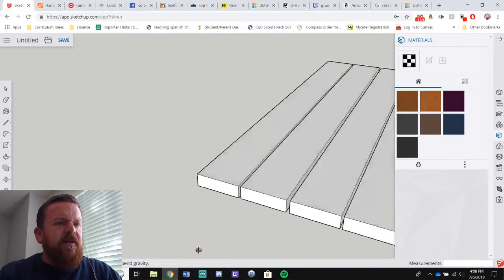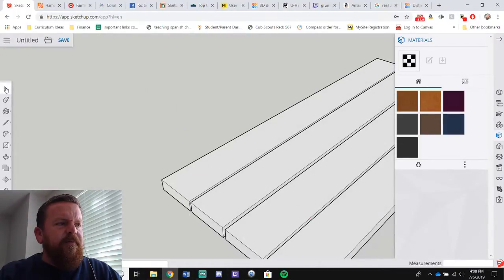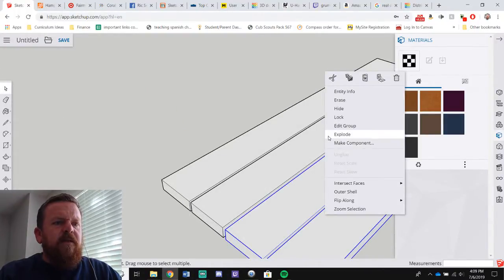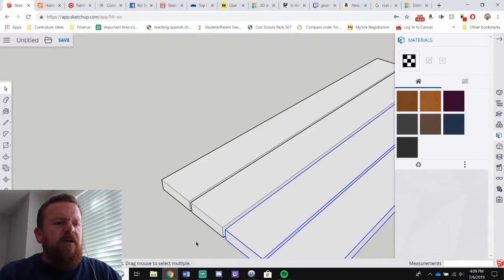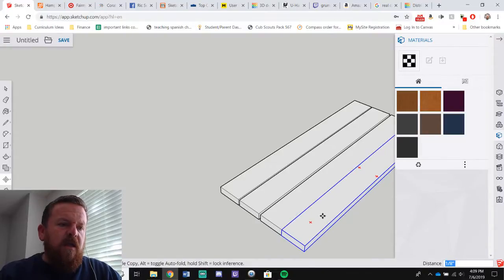Not 1/8. Okay, let's ungroup these. Explode. Yeah, see that distance thing now, it says 1/8, but it's not.